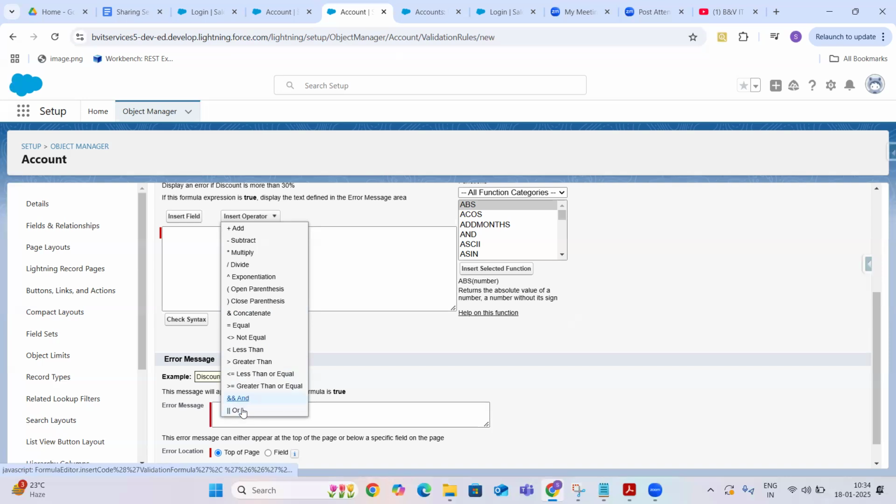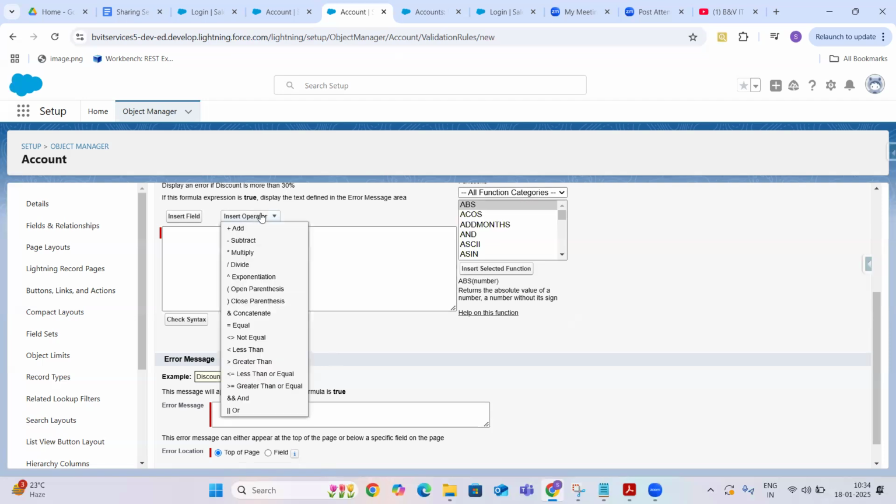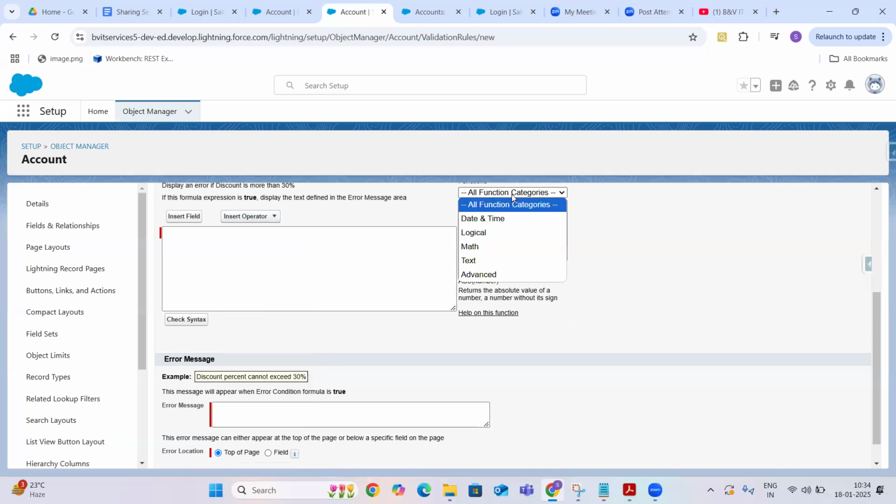Those are logical conditions. These are basic operators, guys. Apart from that, we have some functions.